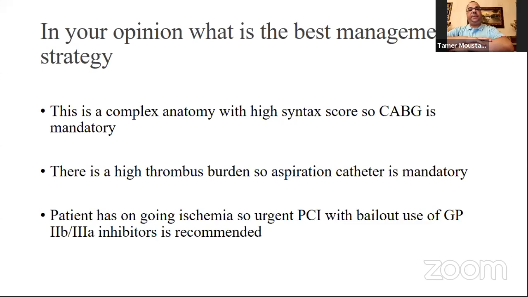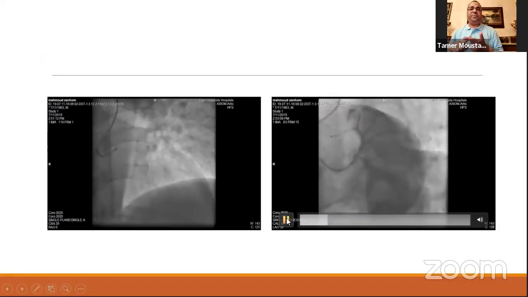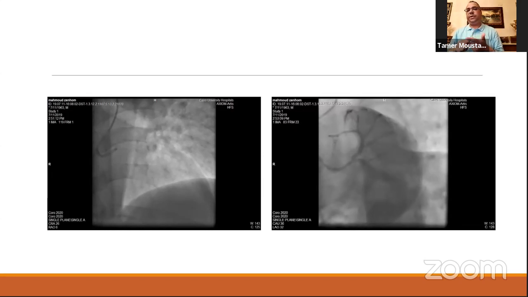It's a situation of non-STEMI, but we would like to deal with it as a STEMI. We have a high thrombus burden. We have a left circumflex with a proximal lesion, then there's an aneurysm, I think in the proximal part, followed by a tight lesion, and we don't see well what about the OM branch. Second, in the LAD, there is a total occlusion or significant lesion in the mid LAD, which has retrograde flow from the right coronary. The right coronary has, I think, a proximal non-significant lesion.